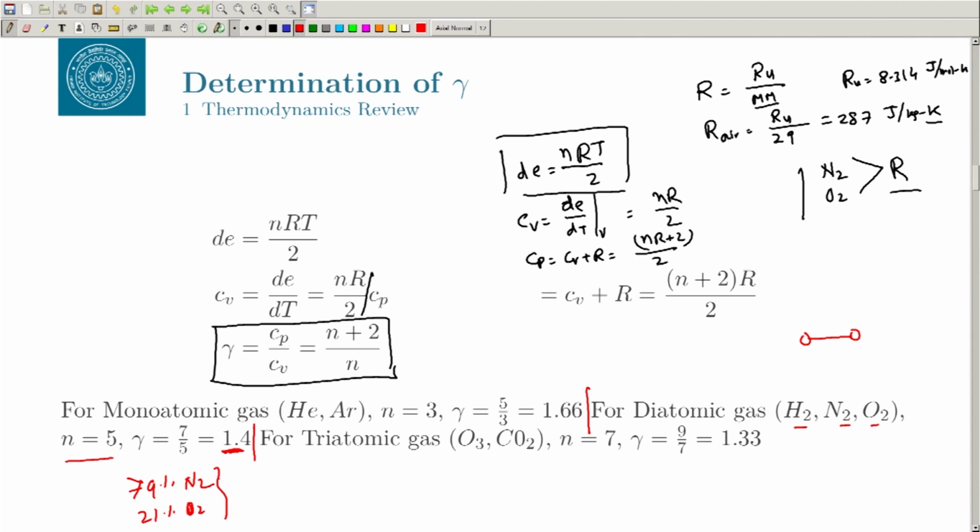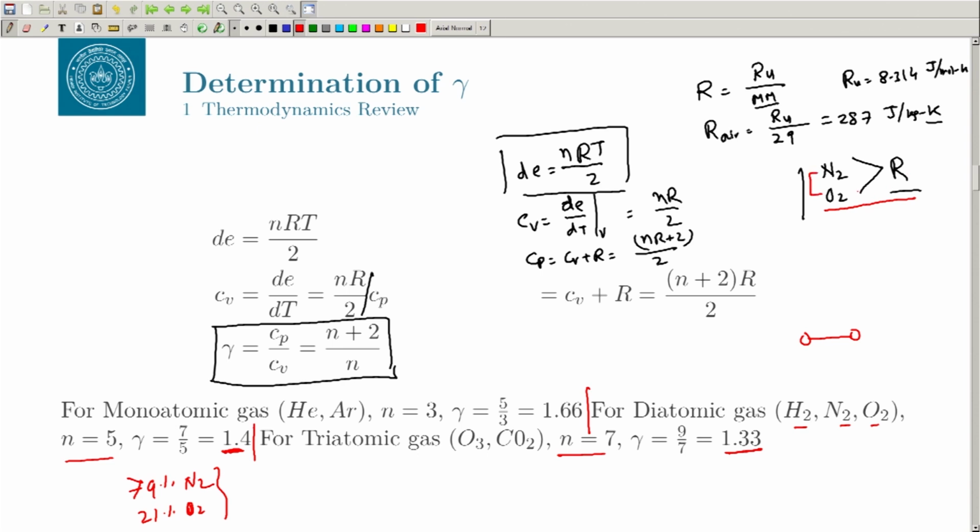However, if you are doing a simulation and you change the medium, let us say to ozone or carbon dioxide and so on, in that case you will have the degrees of freedom even higher, n equal to 7, and then gamma will become (7+2)/7, which is 9 by 7, and you have to use this gamma value of 1.33. So, coming back to this question,